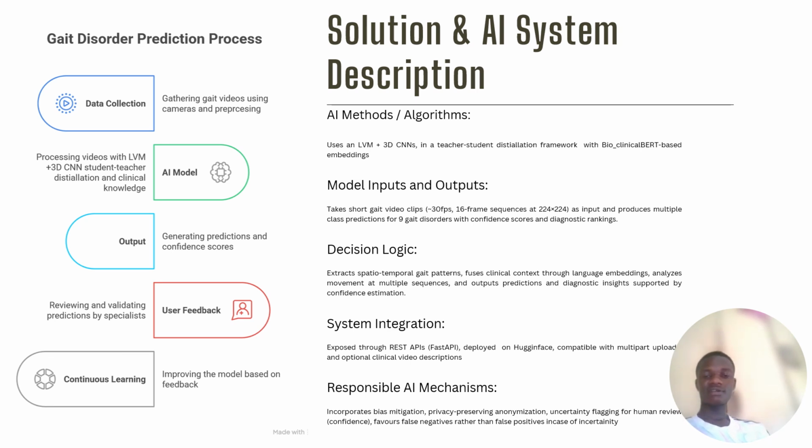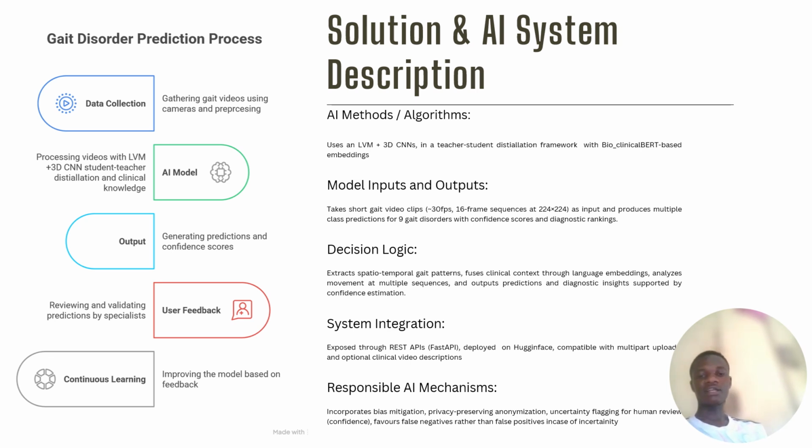That knowledge is passed in the form of probabilistic distributions to guide our student model while learning, whereas the clinical BERT converts the clinical literature into vector representations, which also tell our student what to learn in which video. This makes us come up with an informed student model ready for deployment, which was deployed on Hugging Face, and then system integration had to take place.